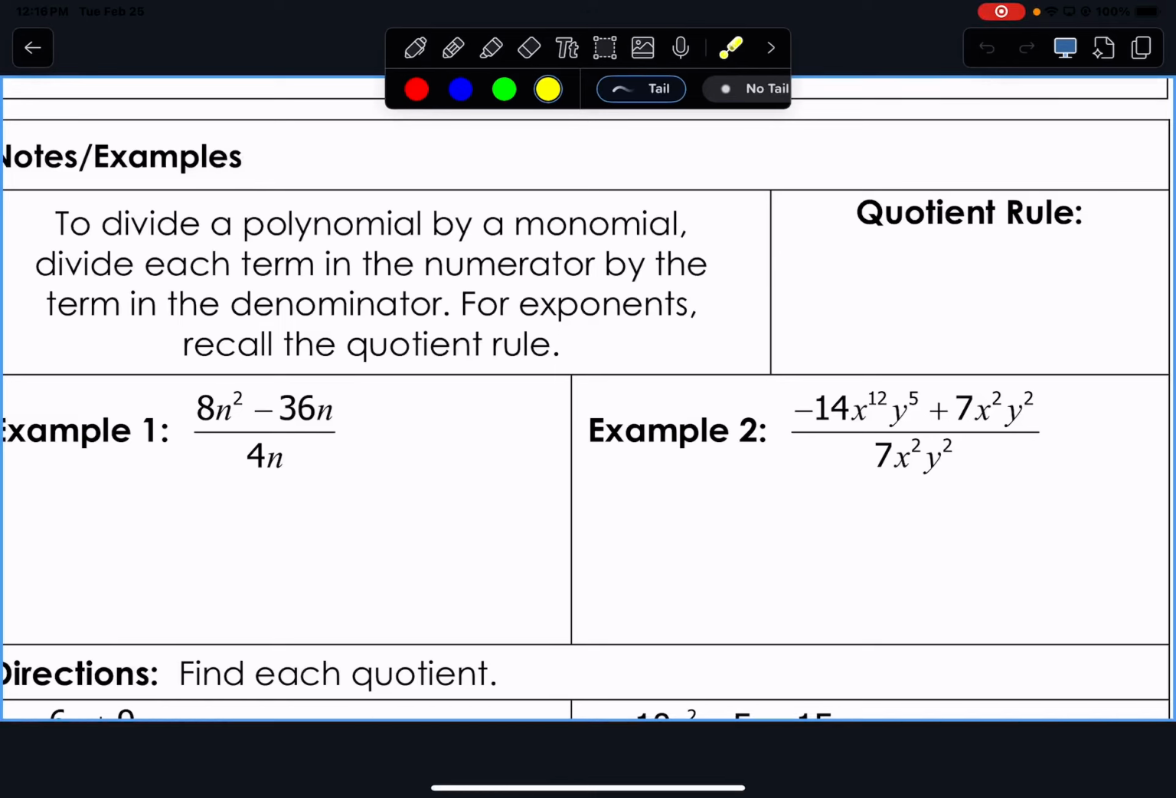To divide by a monomial, you divide each term in the numerator by the denominator. Whenever you're dealing with exponents, you have to use the quotient rule. So the quotient rule, we have x